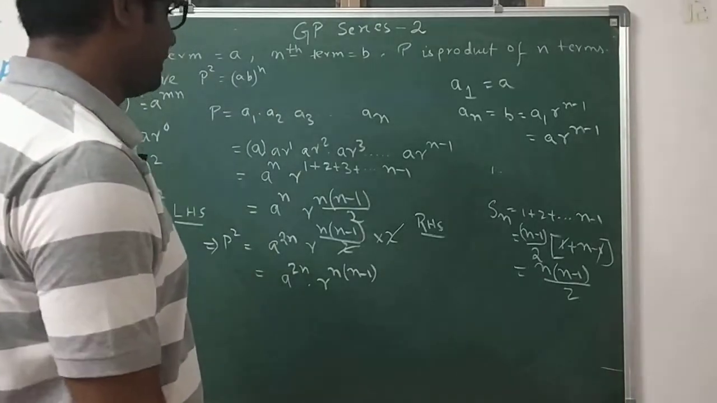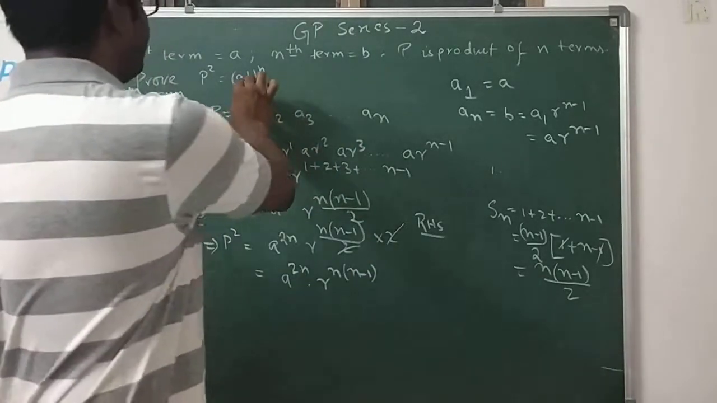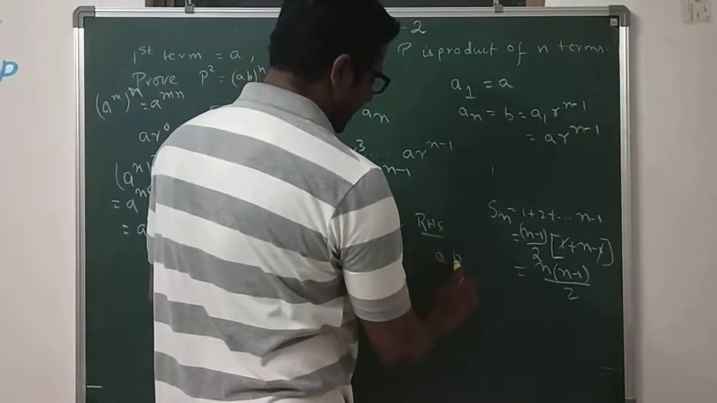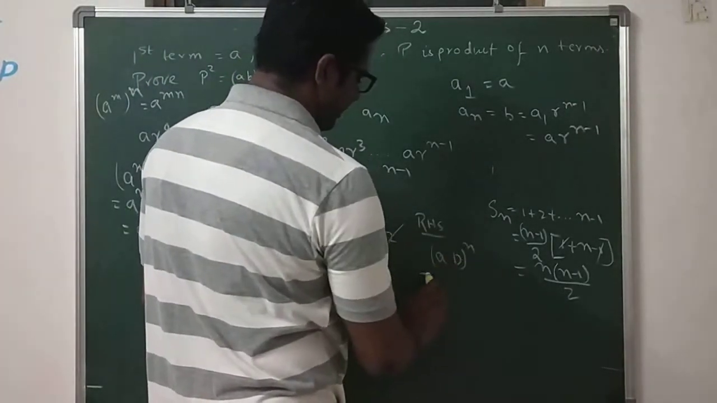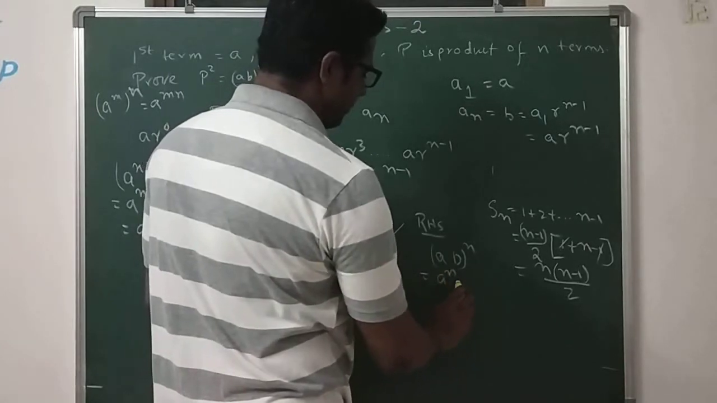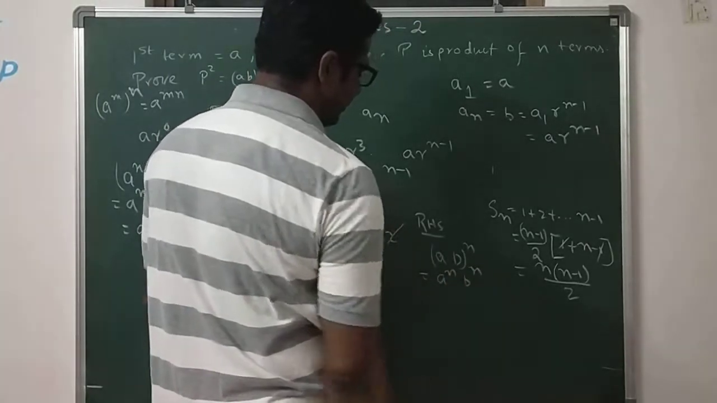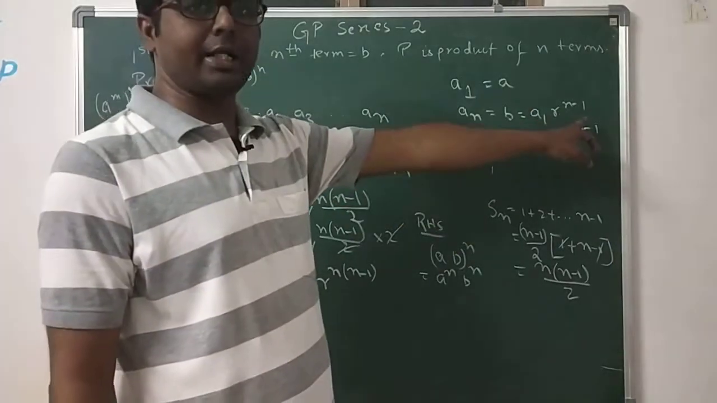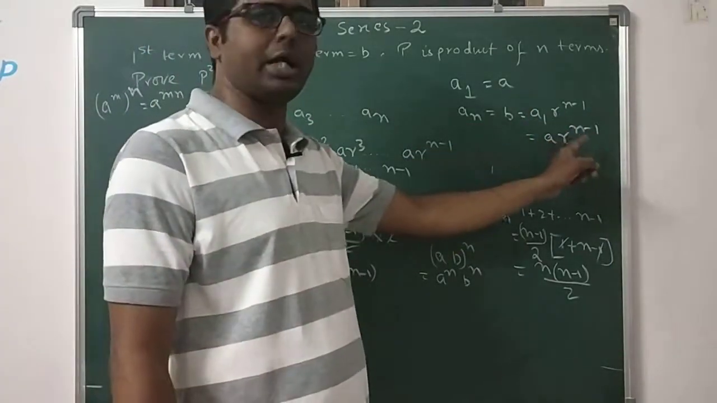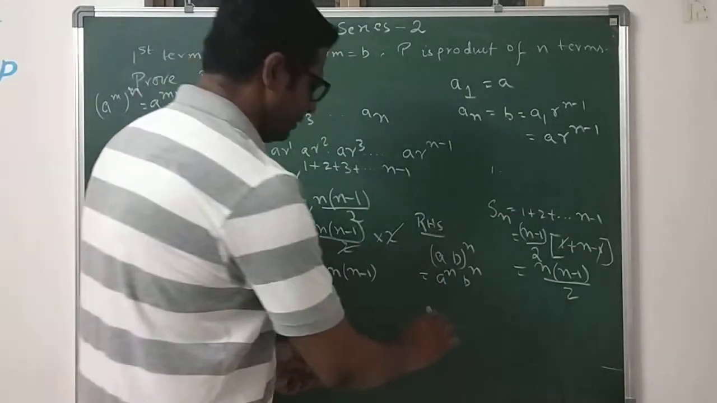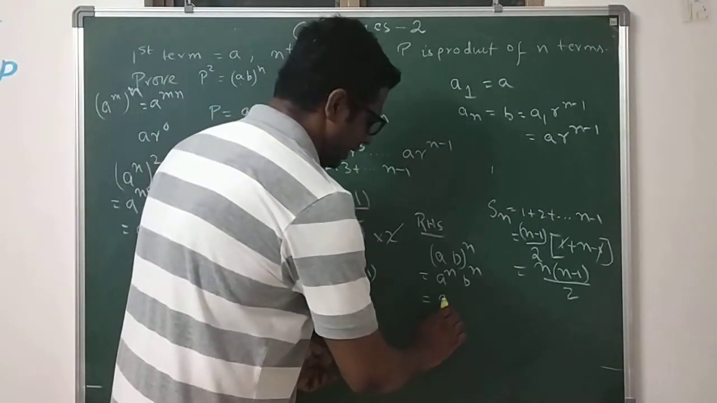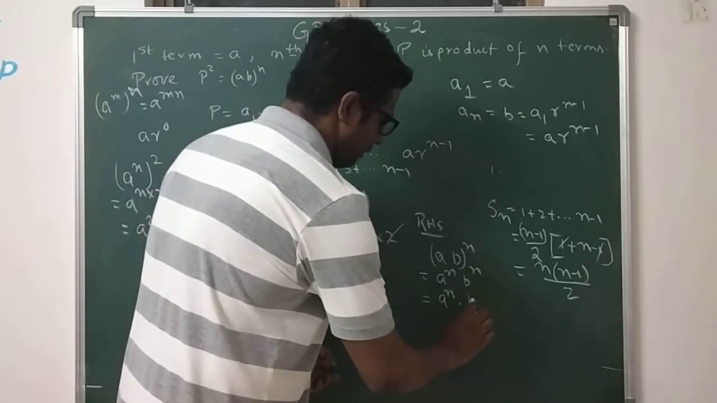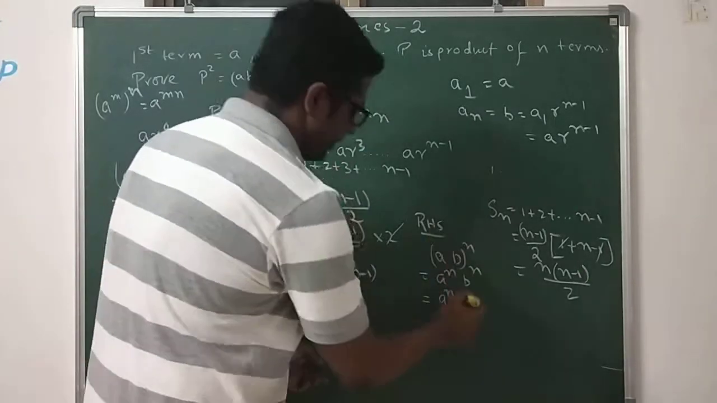Okay. Now in RHS we have to find out (a·b) whole to the power n. So (ab)^n I can write as a^n into b^n. What is b? b is a r^(n-1). So I will write here first of all a^n into b to the power, b means what is b? a